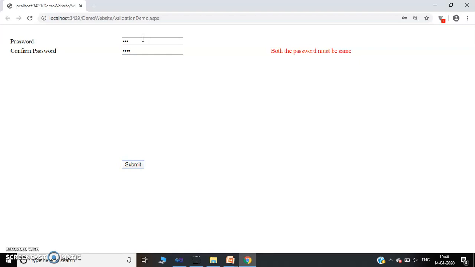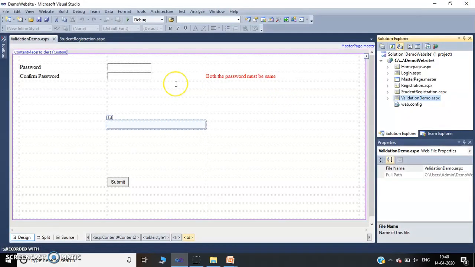It will display an error, means both passwords are not matching. So now again my password is 123, and in text box confirm password I will again enter 123. Now in this case it will not display an error. So this is how we can use confirm password. So for operator equal we have used confirm password.